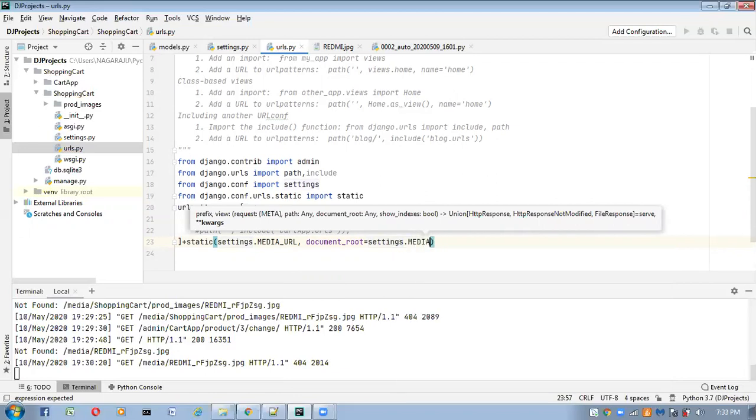We have to add it like this. So this is the URL pattern we have to add inside the urls.py file.